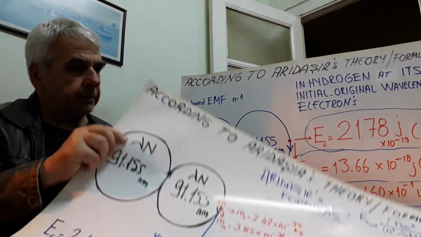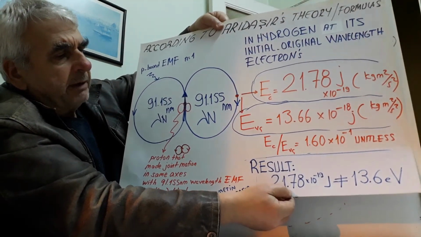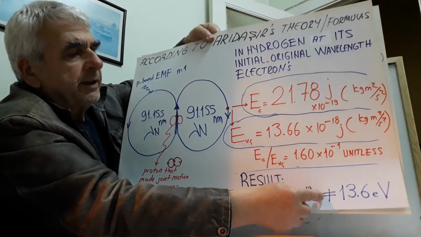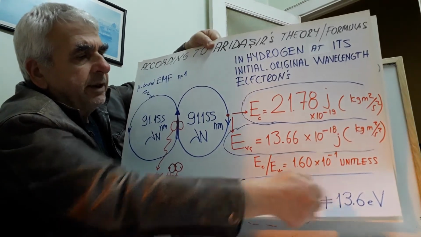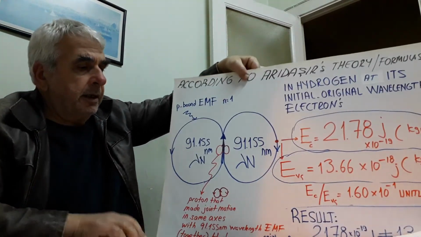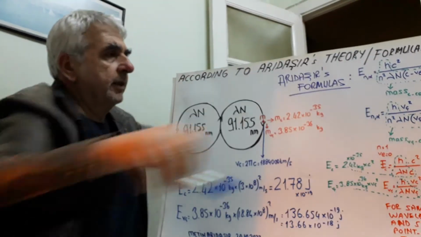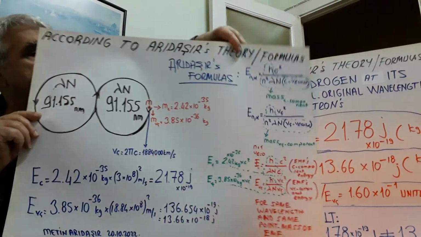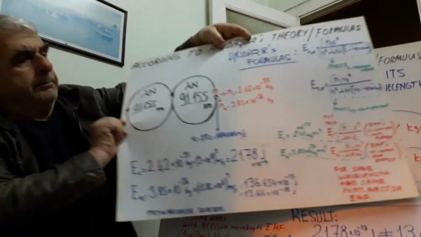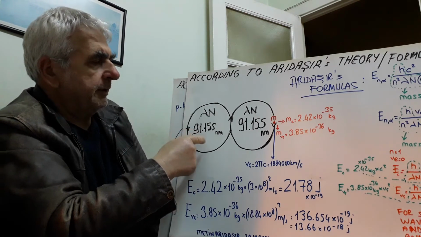Here, now, result: 21.78 10⁻19 joule is not equal to 13.6 eV, according to my theory and my formulas. Now, explaining, according to my theory and my formulas, these are my formulas. Yes, snapshot here. I guess you see. This is 91.155 nanometer wavelength